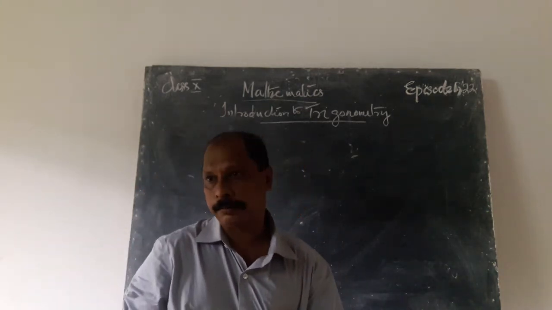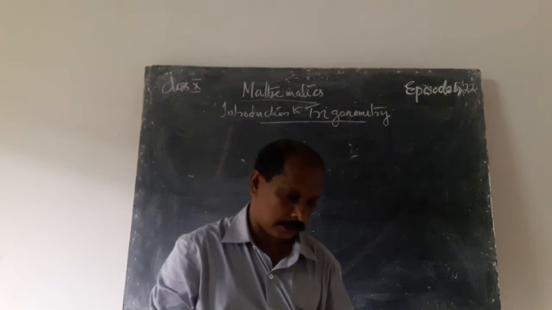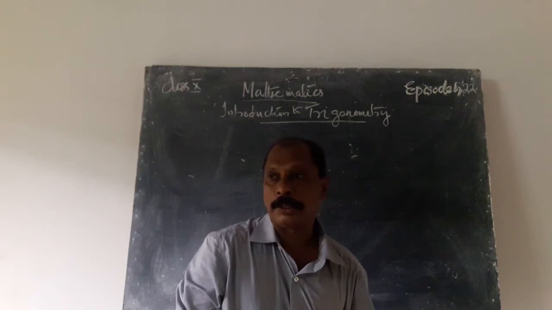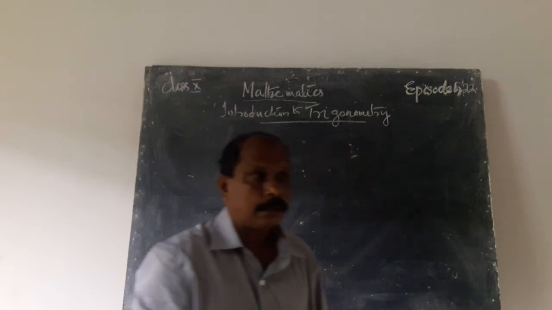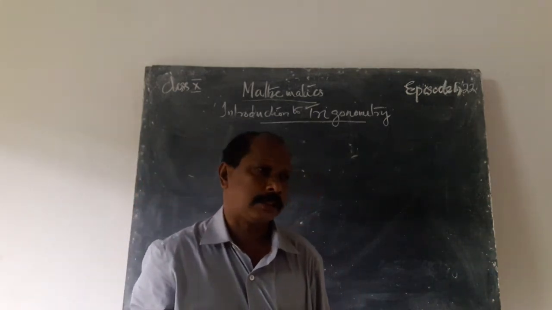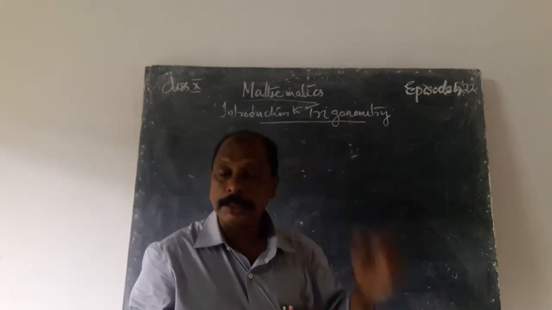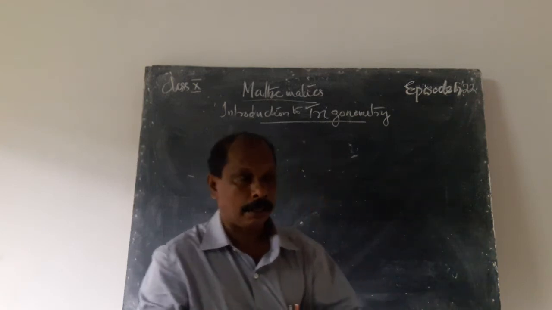That is an important chapter. It is always used for future studies, that is higher studies. These trigonometry results are always essential. Then this one, what is a triangle? We know that it has three sides. In the previous class we discussed all the properties of triangles and also theorems of triangles.